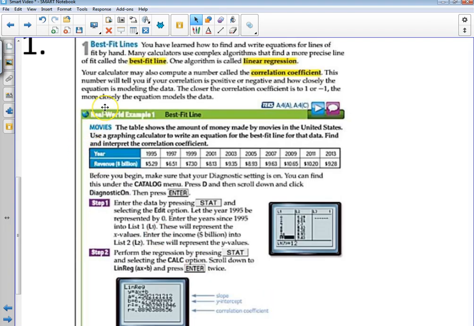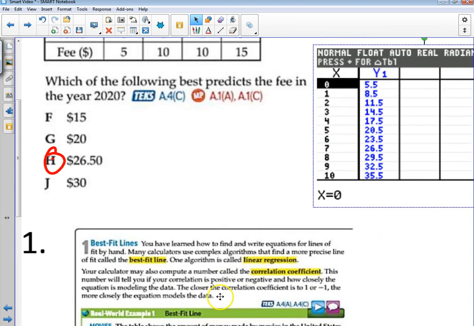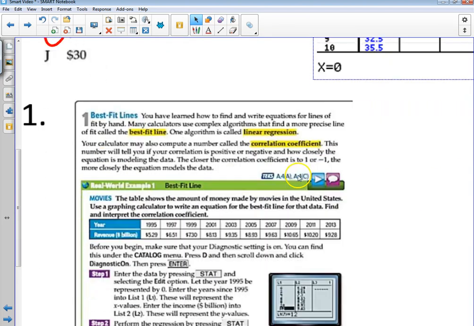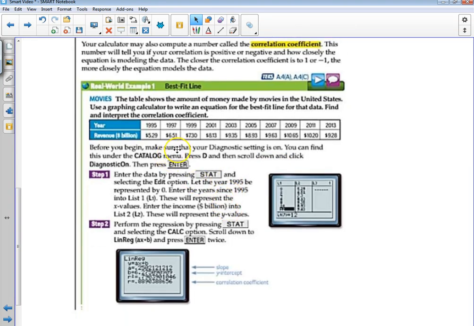Okay, the last question of this packet is dealing with best fit lines. Now we dealt with this on the last one, and I just wanted to go over a little bit more. We use linear regression to find the answer of this when we graphed it. And we used the equation and traveled down that to get the answer. Now if you look right here,